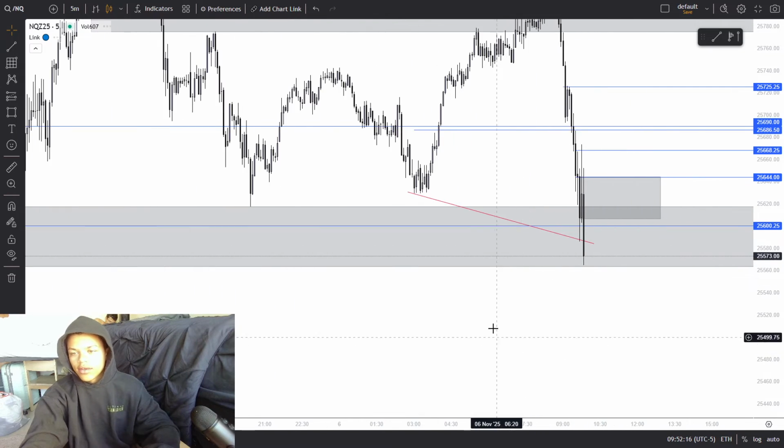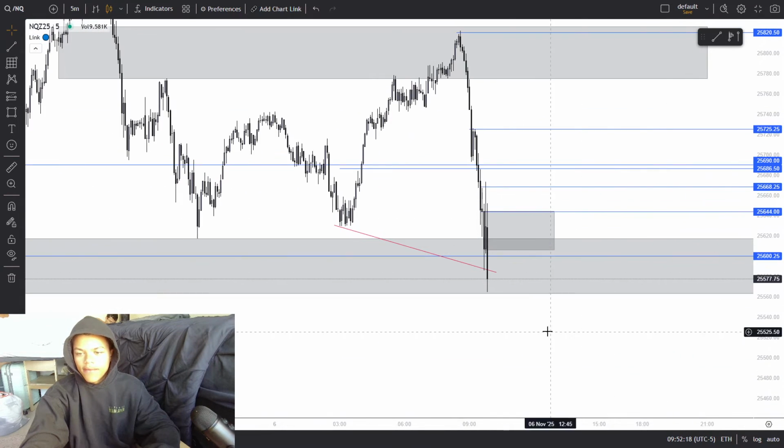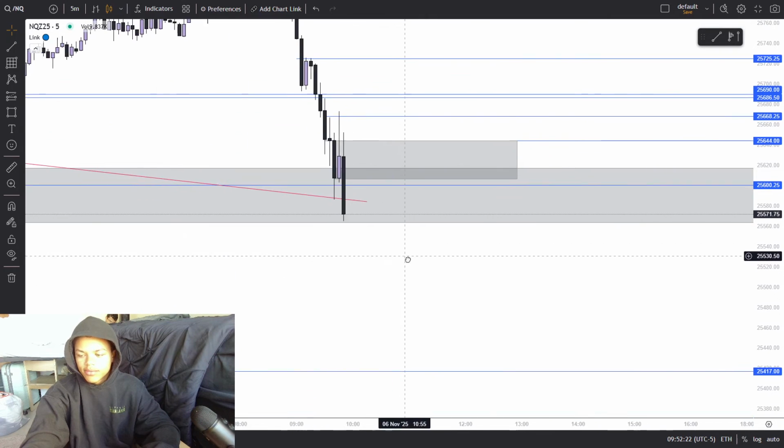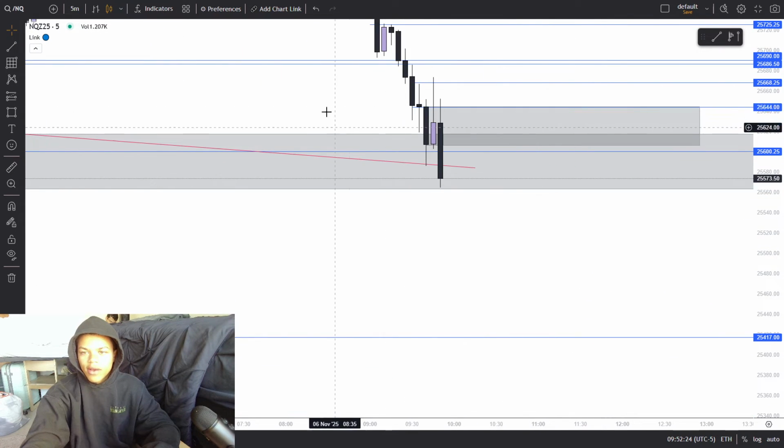So definitely want to look for a re-entry on this. Do want to wait still till we have valid displacement once again from these 5-minute equal highs,